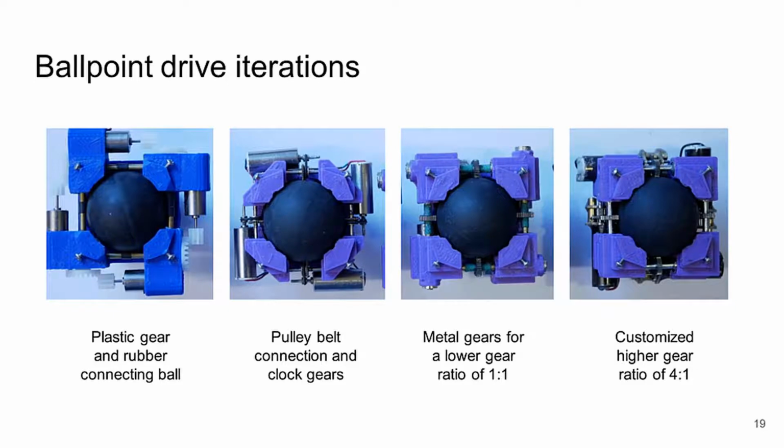From left, you can see the early version with plastic gear between motors and rollers and the rubber connecting ball between roller and the surface contact ball. The second example uses pulley and belt connection between motors and roller. Then we moved towards using metal gears between motors and roller for a lower gear ratio of 1:1. Then we optimized the gear ratio to 4:1 to achieve a higher gear ratio and customize our systems for better